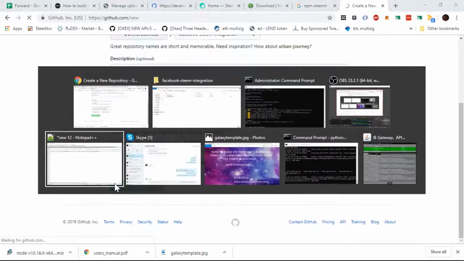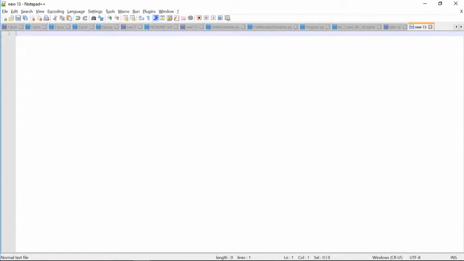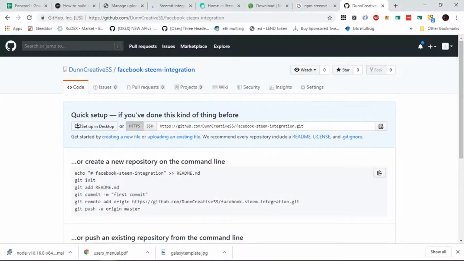I'm going to open up my Notepad++, start putting files in here, like to integrate Facebook pages plus interactions with Steem API in order to generate revenues via Steem blockchain social rewards. Then we're going to go ahead and throw our